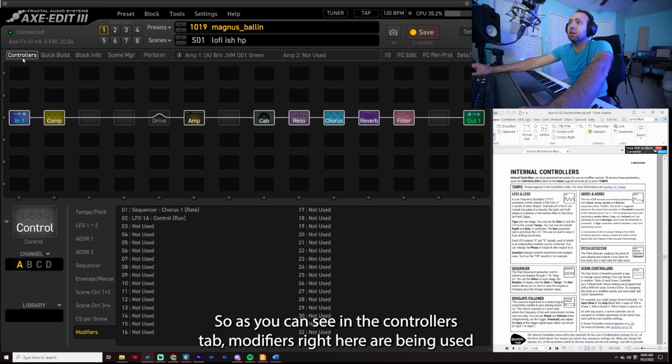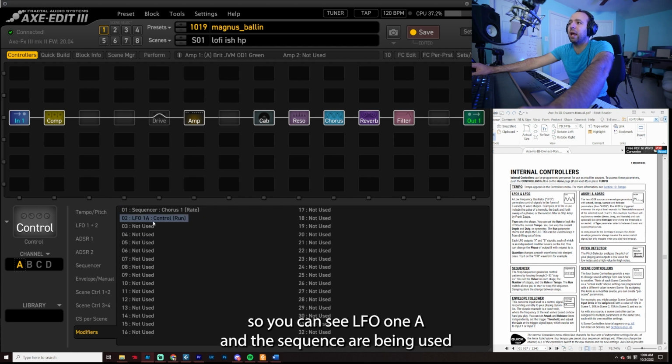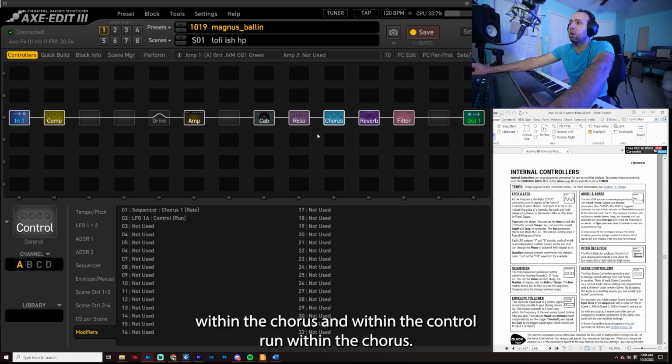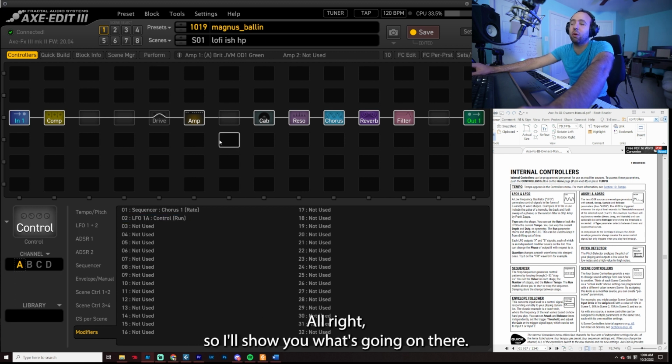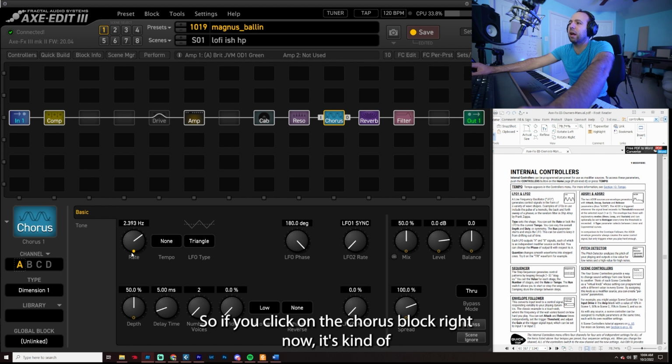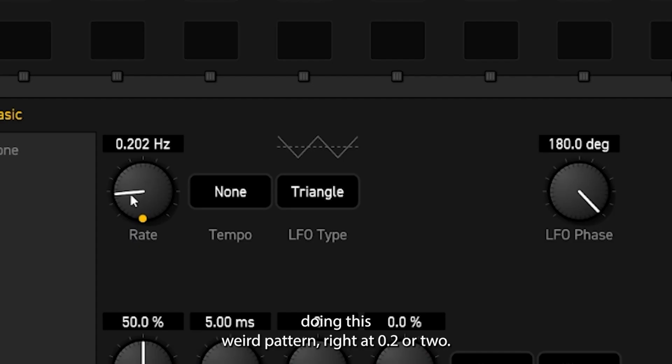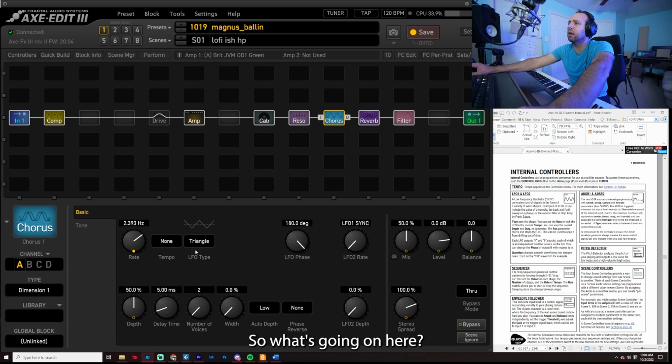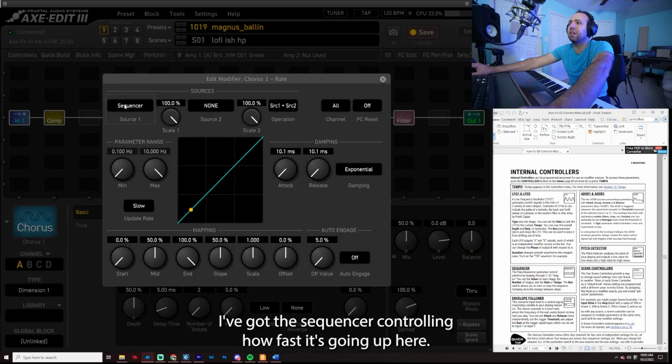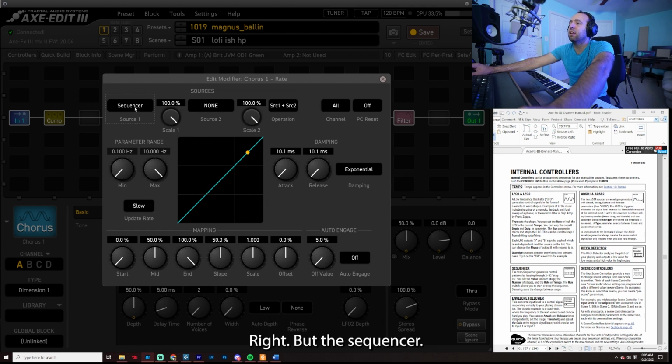So, as you can see in the controllers tab, modifiers right here are being used. You can see LFO 1 and the sequencer are being used within the chorus. Alright, so I'll show you what's going on there. If you click on the chorus block right now, it's kind of doing this weird pattern, 0.202, and then it's just running through this at what seems like a very strange rate. So what's going on here? When I click on this, I've got the sequencer controlling how fast it's going up here. But the sequencer is actually